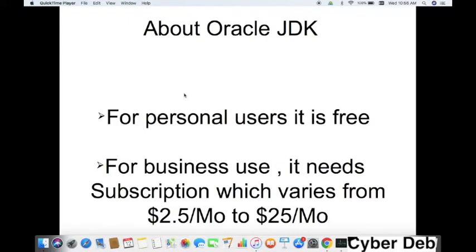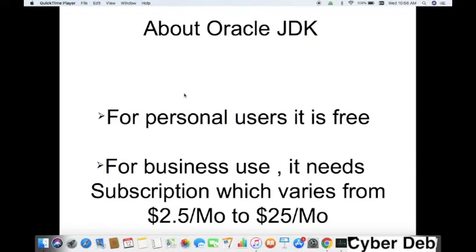The free to use is called OpenJDK and paid use is called Oracle JDK. If I say paid use, that is also divided into two parts. Paid use of JDK means Oracle JDK license or subscription, where it is required, that also we should consider.